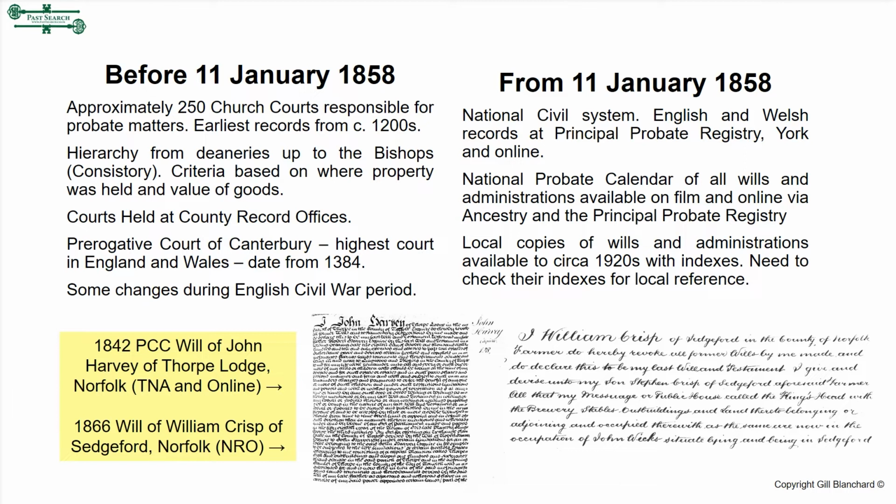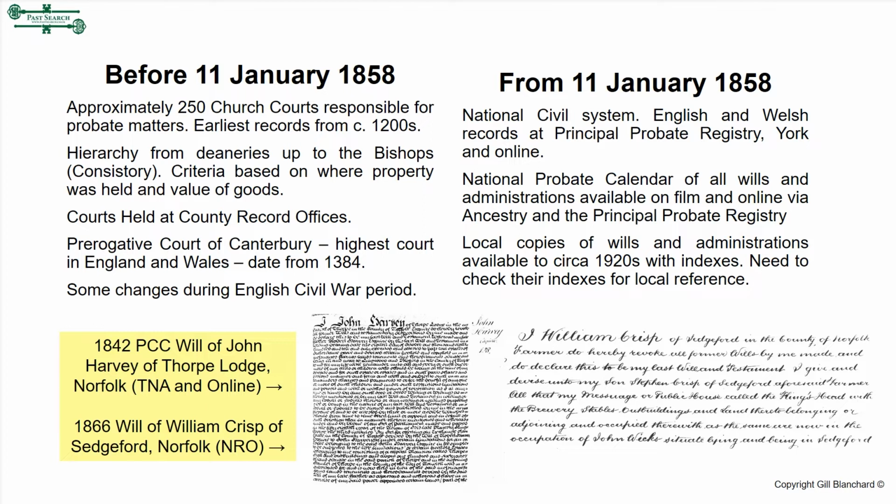And the one on the right is an after 1858 will, after the system changed, and this is a local copy held in a county record office from 1866 for a William Crisp of Sedgeford in Norfolk. There's quite a few Norfolk examples in here because that's where I live, but not solely. I'll be coming on to a little bit more about how to find them as we go through the talk, but the